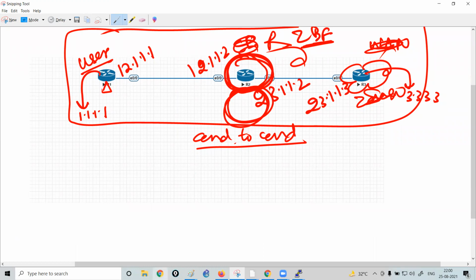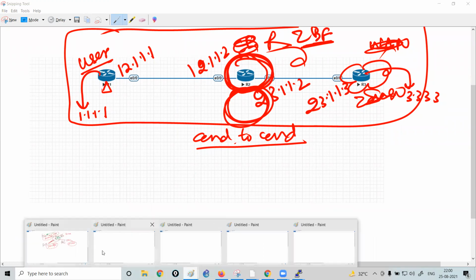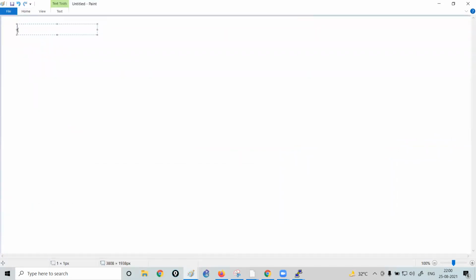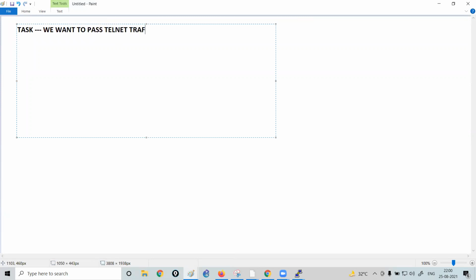Okay, and let me just tell you what is the task that we have to perform. Task. So our task is that we want to pass, let's suppose, the Telnet traffic from IP 1.1.1.1 to the IP 3.3.3.3.